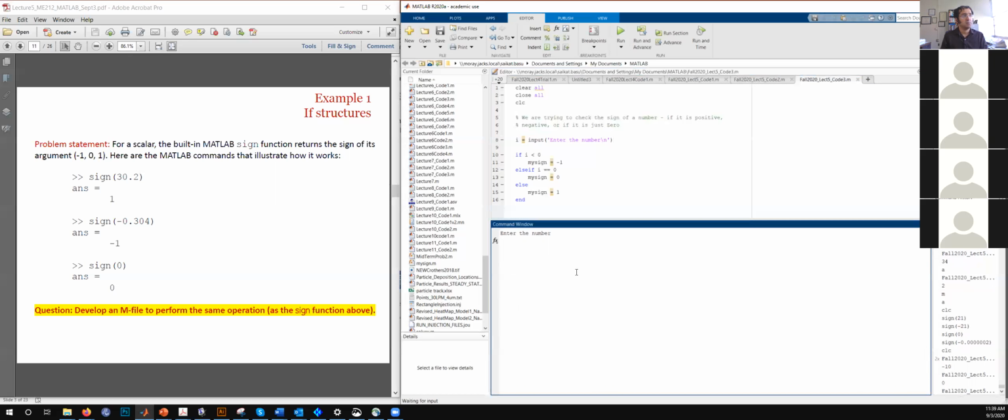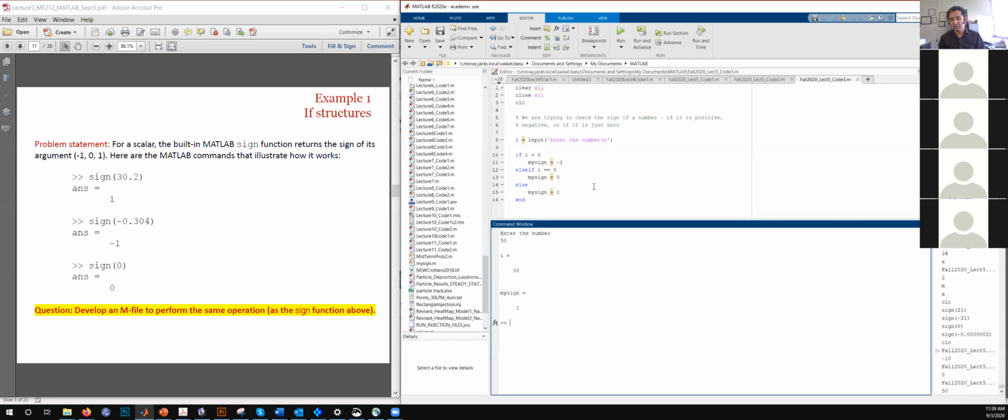And let's type a positive number, 50. And my sign is 1. So the logic worked. It doesn't really matter which order you maintain for your conditions. You can as well put this as the second condition, and then the only other option that would be left would be I is 0 as the third one, where you don't really need to state the condition explicitly to MATLAB. But that depends on you.